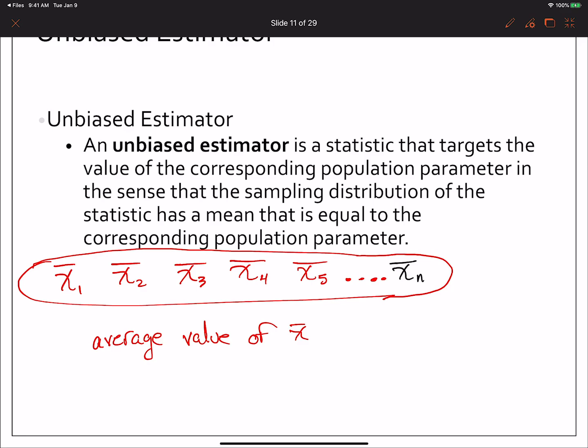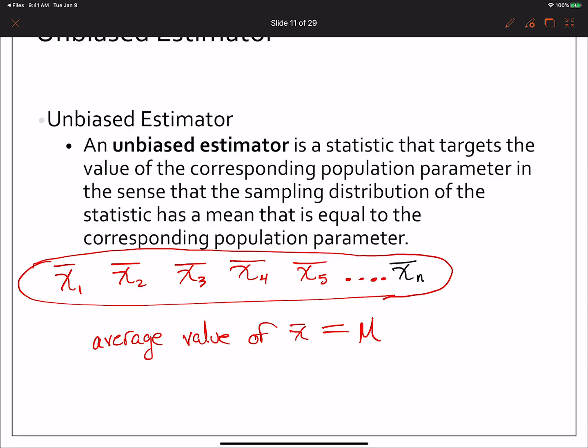And I'm going to divide by what? I'm going to divide by n to find the average, because you add up all the things and divide by how many you have. How many do we have? We have n of them. So I'm going to add them all up and divide by n. When I do that, what I should get